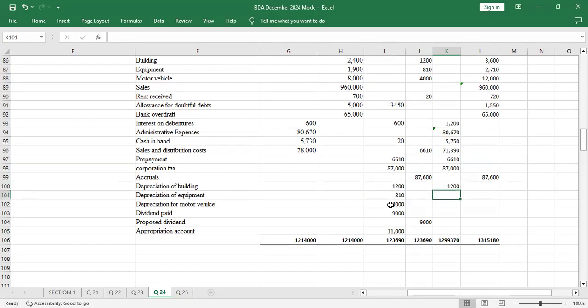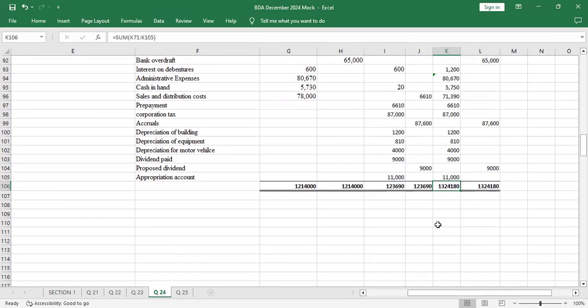So I'll drag all the way up to dividend paid that way. Then the proposed dividend now here will be on the credit side. Then I'll finally have the appropriation account on the debit side. Let us see if it's balanced. Yeah, so it balances at